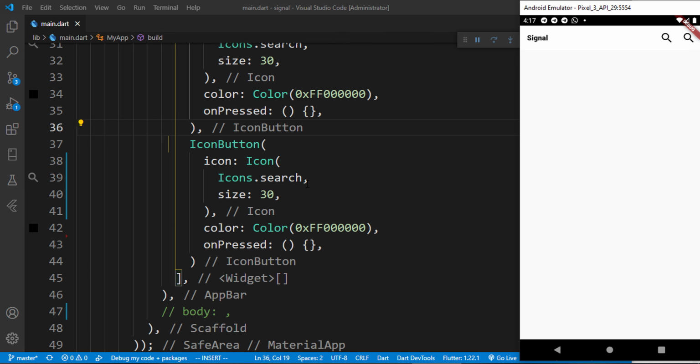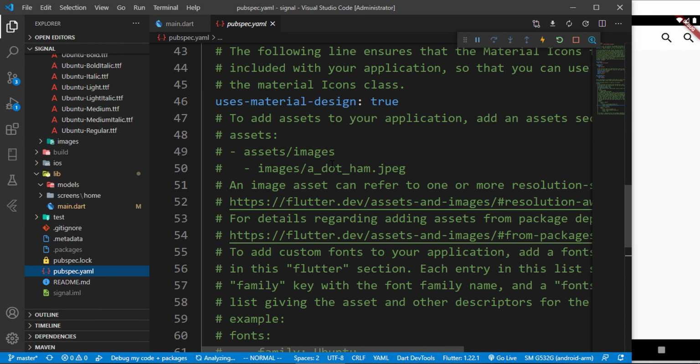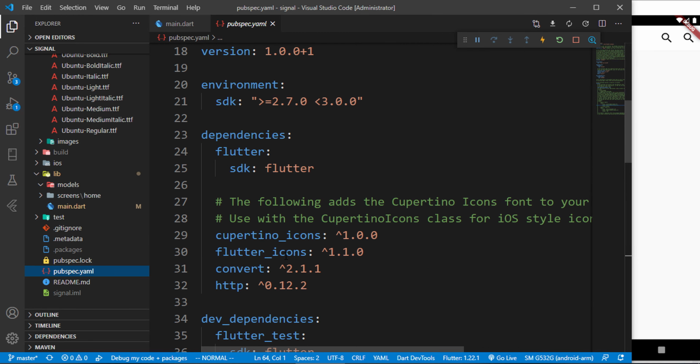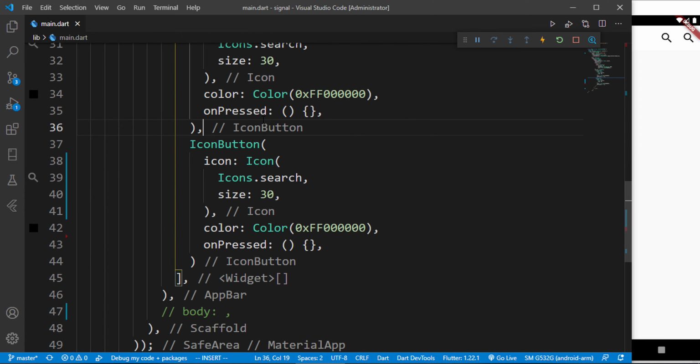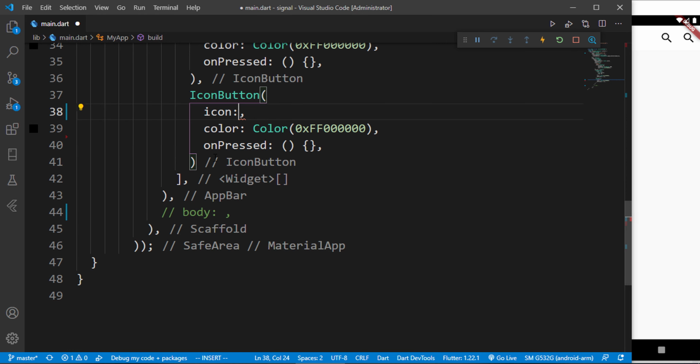So a custom icon we are going to be using is coming from one of the dependencies that we are using over here in our pubspec file. So when we began, I actually made a reference to Flutter icons. So from there, we can just use the material icon. So over here, I'm just going to say, we don't want to use Icon.search. What we want to use simply is a material icon. So I can say icon, then I can bring down the material